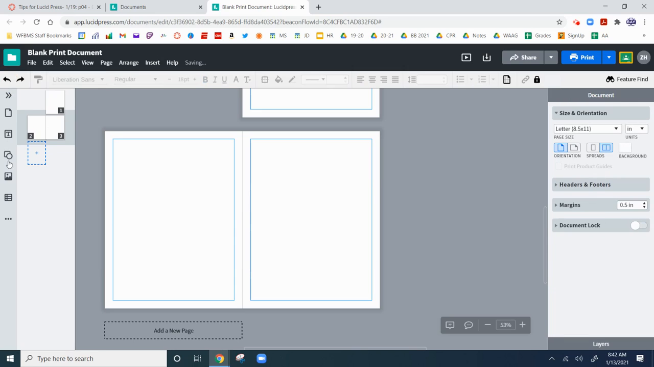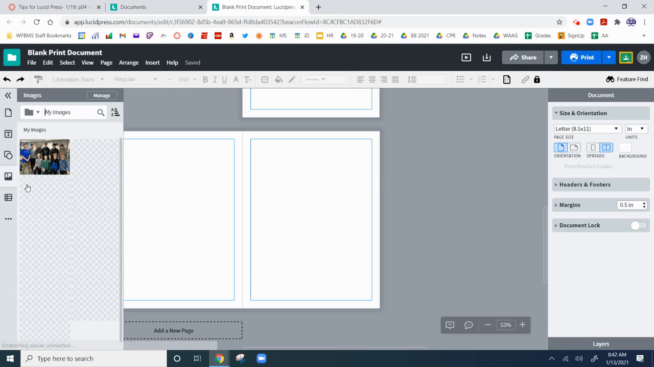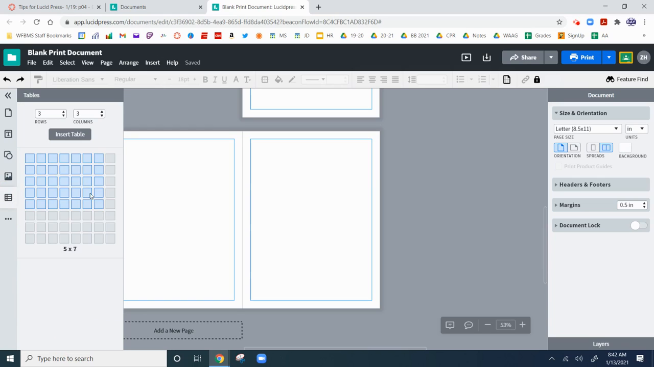There's also shapes that you can use if that fits what you'd like to do with your design. You can upload images. You can see some from the past year, a lot of Henry VIII. I used to model with that. You can make a chart. There's all kinds of different possibilities here. What I would recommend for actually designing this thing, because it's going to look really small if you stay at this level,